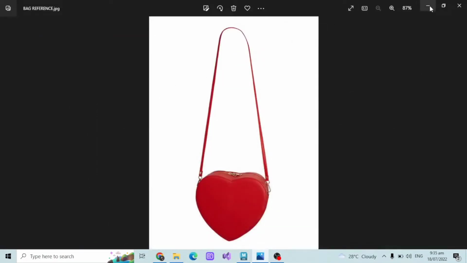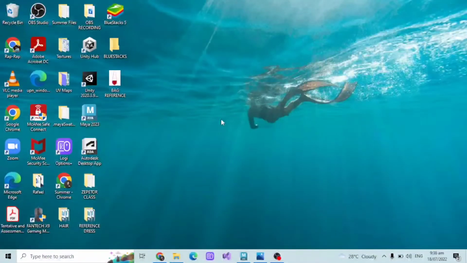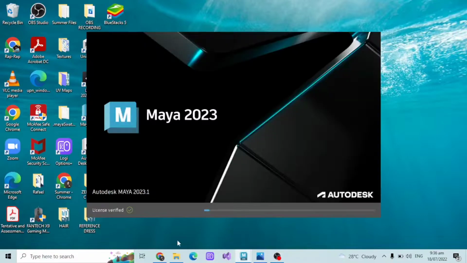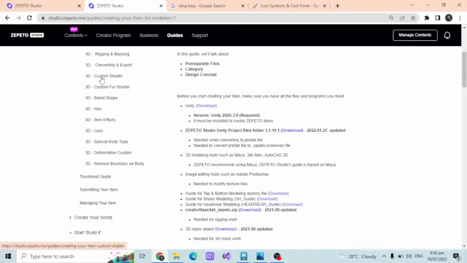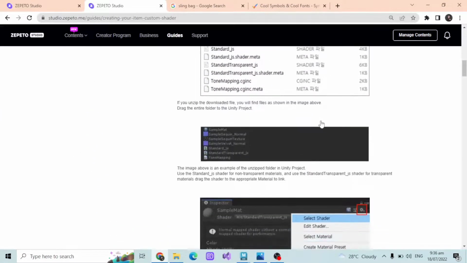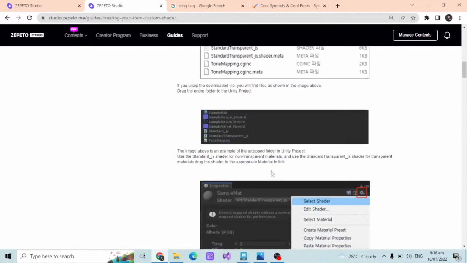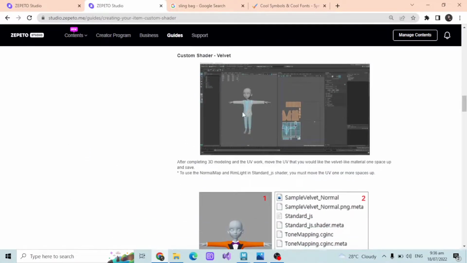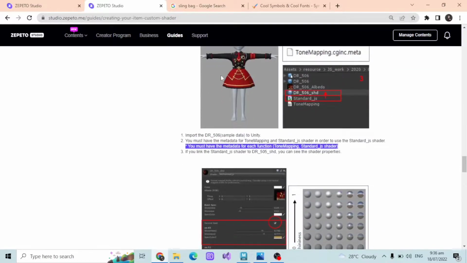Let me open another Maya. I don't want to miss this, the one that I'm working on right now. So there are some templates available in Maya under the guides, the getting started, and also under custom shader. Here you can download, if you download the custom shader file, you can download this template, this one, that one, and also this one,